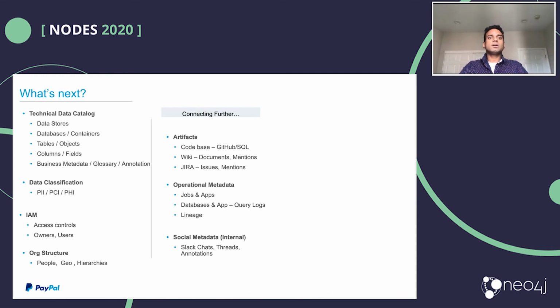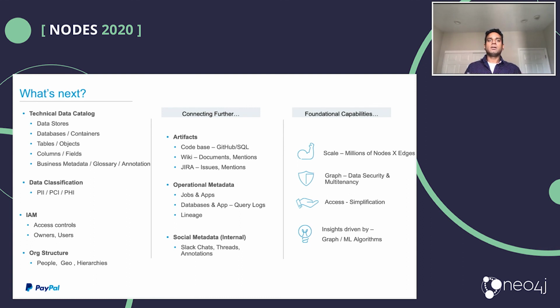But when you start thinking about these aspects and putting together an architecture, this is where the foundational capabilities become very important. As we connect all these millions of nodes and edges, looking at it purely from a technical perspective, how do we scale this system? Making sure the system is highly available, reliable, and also operable from a long-term perspective are serious thoughts that come to mind when we think about connecting all these at scale.